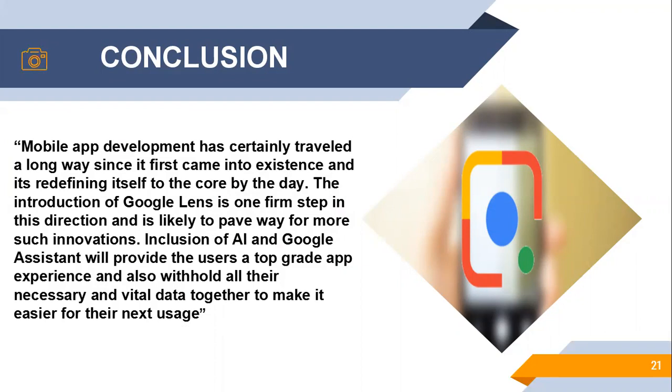So the practical applications of Google Lens are, for example, if we go to a mall and there is no MRP, only a barcode, if we scan the barcode, we'll get the price. Then if we go abroad and do not know what building it is, if we scan a picture of that building, it shows the building name and its relevant information.